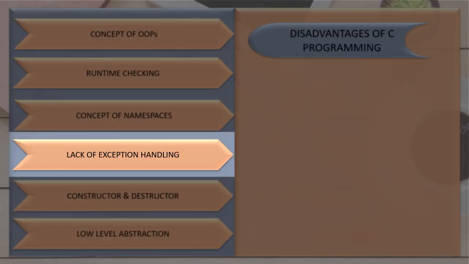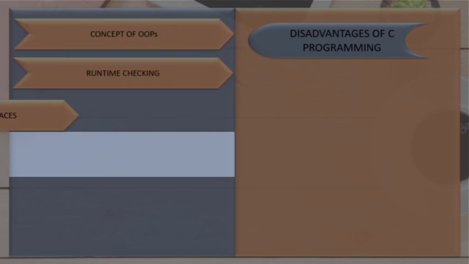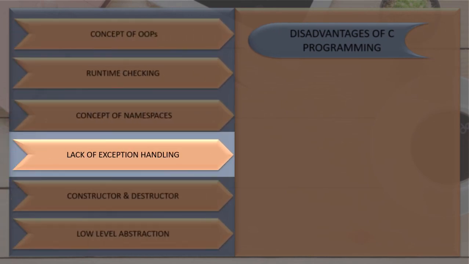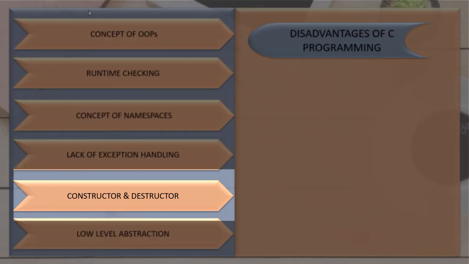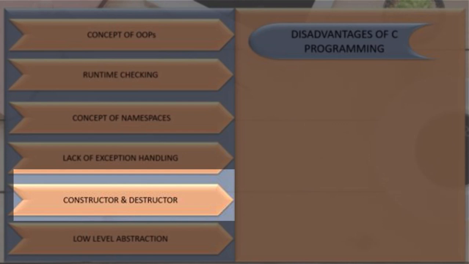Lack of exception handling. So the exception handling part we cannot use in this one. While compiling the code, various anomalies and bugs can occur. Exception handling allows you to catch those errors, and that part is not done with the help of C programming language. Constructor or destructor. C does not have any constructor or destructor. Constructors and destructors support basic functionality of object-oriented programming. Both are member functions that are called as soon as an object of the class is created.